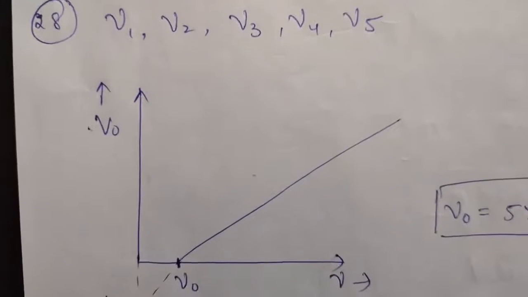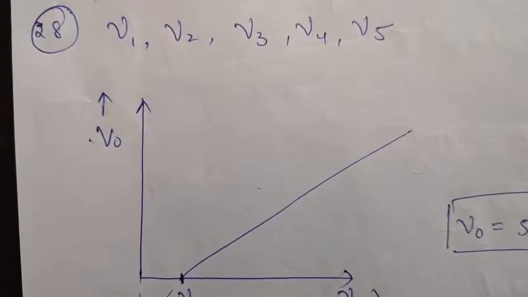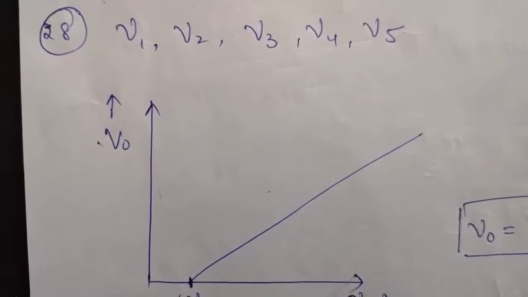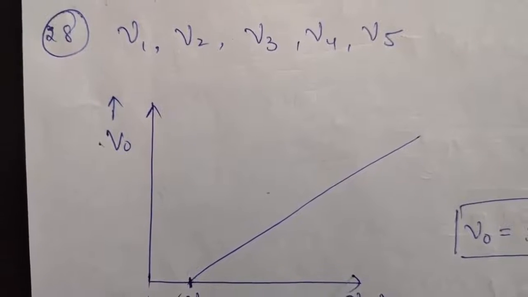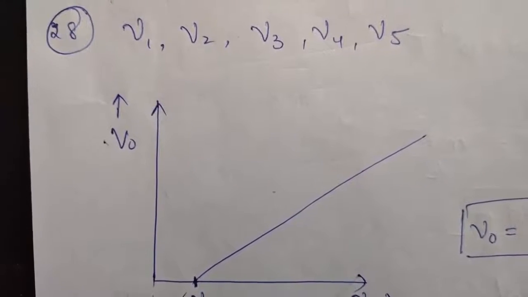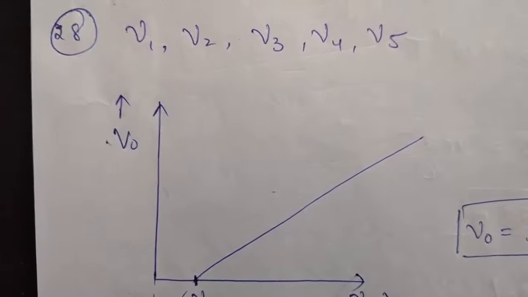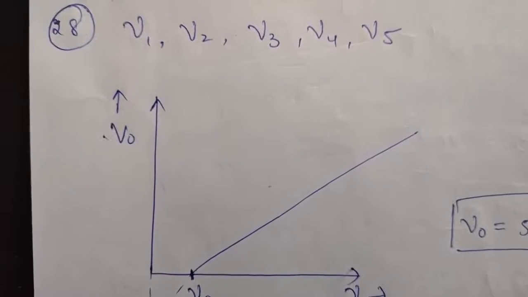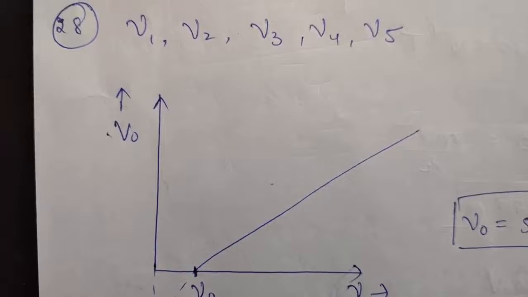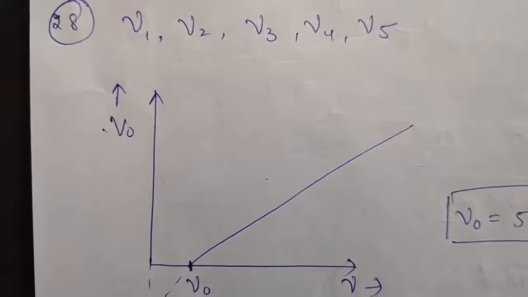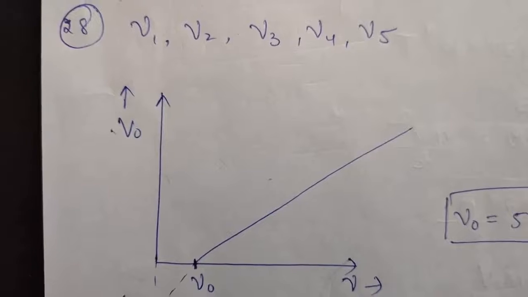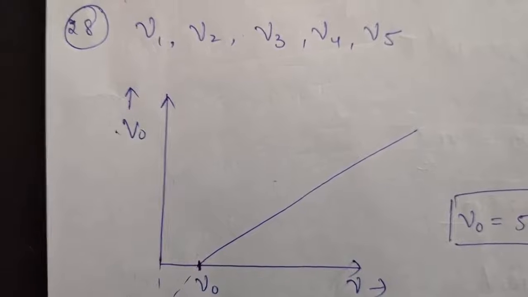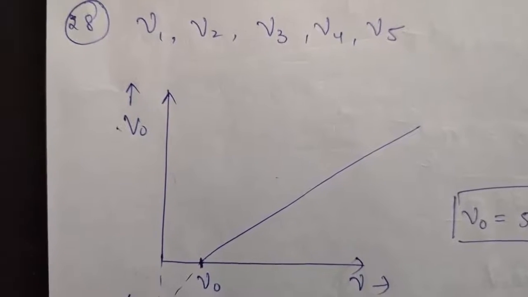So question number 28 says, a mercury lamp is a convenient source for studying frequency dependence of photoelectric emission, since it gives a number of spectral lines ranging from UV to the red end of the visible spectrum. In our experiment with a rubidium photocell, the following lines from a mercury source were used. So you are given 5 values of wavelengths in this question, and the corresponding stopping potential is also given, that is V01, V02 and V03, like that. In the first part you have to calculate the value of Planck's constant, and in the second part you have to estimate the threshold frequency and work function of this material.